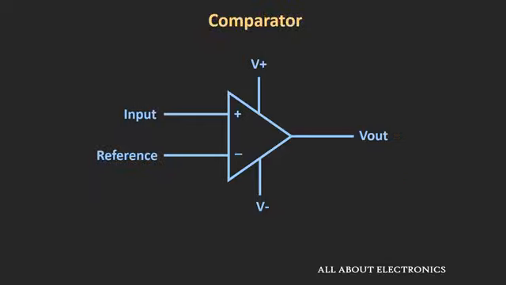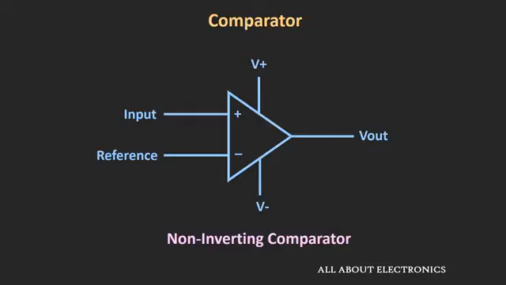So far we have seen that whenever we use this comparator, one input to the comparator is a reference voltage, and the other input is the signal which we need to compare with this reference voltage. Now depending on where this input is applied, this comparator can be classified as an inverting or a non-inverting comparator. So if we apply this input to the non-inverting terminal, in that case this comparator is known as the